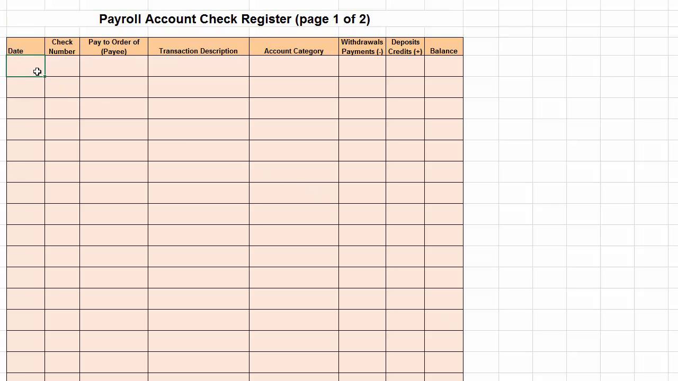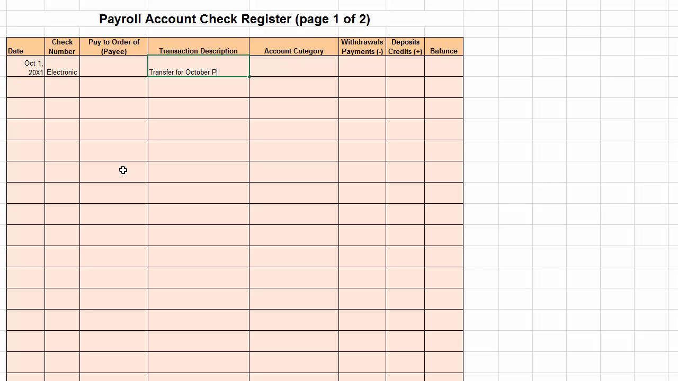So the date was October 1, 20X1. The check number, there was no check number, it was electronic, so you can type in the word electronic or EFT, which stands for electronic funds transfer, either one. Paid to the order of, we're just transferring it within the company, so there is no pay to the order of. Transaction description, transfer for